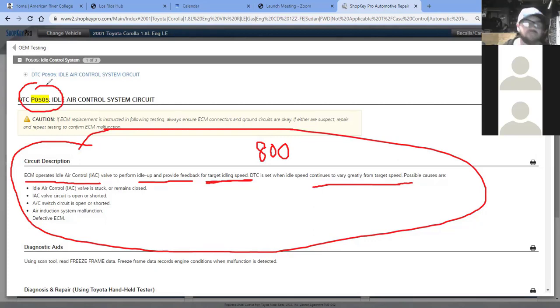There's a target idle speed programmed into the computer. If it's too far away from it, boom, it's going to set that code. Now notice that possible causes could be that there's an actual problem with the idle air control valve, right? Or its electrical circuit, okay? Or maybe something with the air conditioning, like the AC's on, but the computer doesn't know it's on. Or